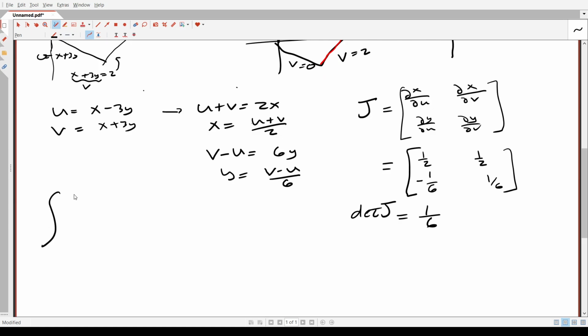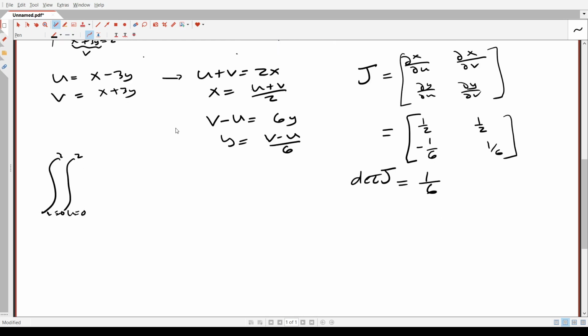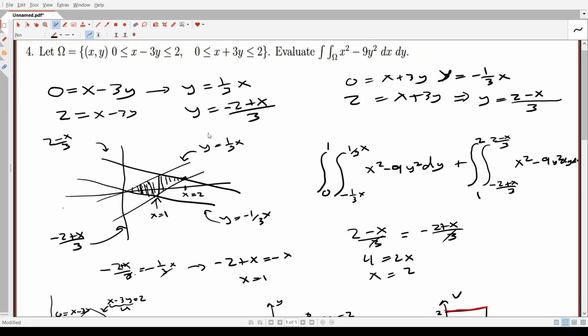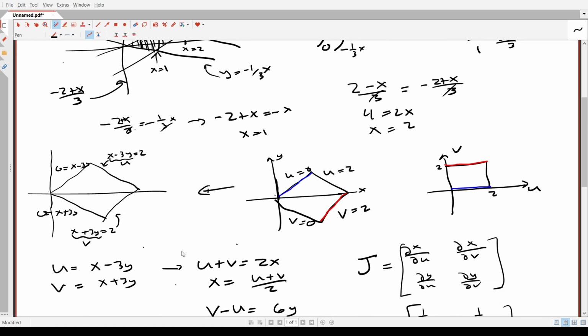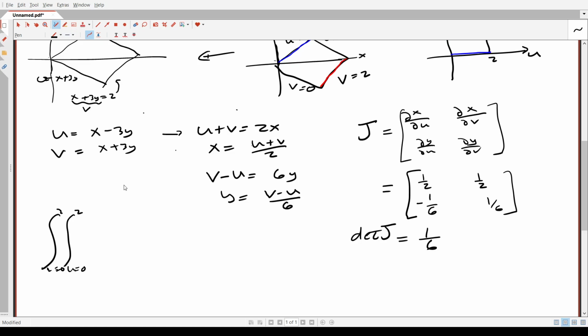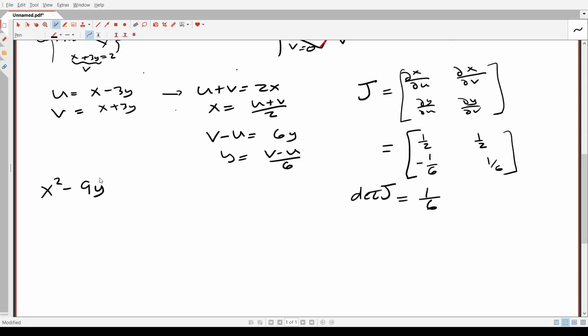Okay, and now I can actually write my integral. Okay, so I have the integral. Let's go from u equals 0 to 2, and from v equals 0 to 2. I need to write, where's my function? x squared minus 9y squared. Actually, let me do that first before I do this. So x squared minus 9y squared in terms of u and v. That's equal to, x is this, so I have 1 over 4 times (u squared plus 2uv plus v squared)